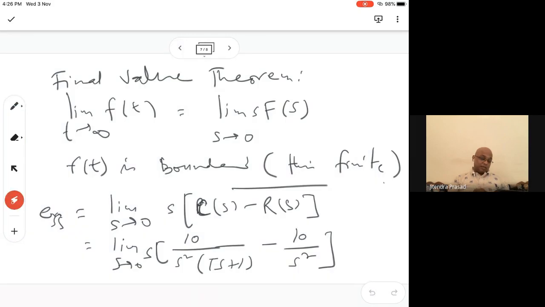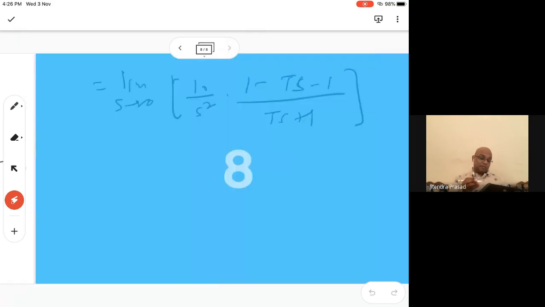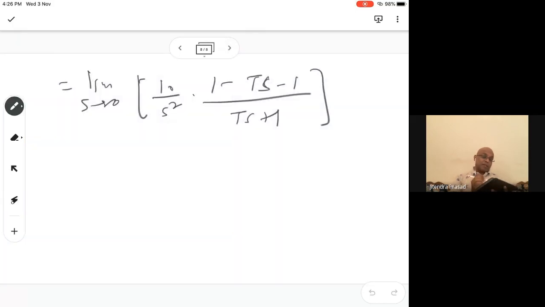Right, so we have 10 s square, so we have 1 minus ts minus 1 by ts plus 1. Yeah, so we get like this. Okay, so we have that is equal to, and then we will have limit s tend to 0, and then we have